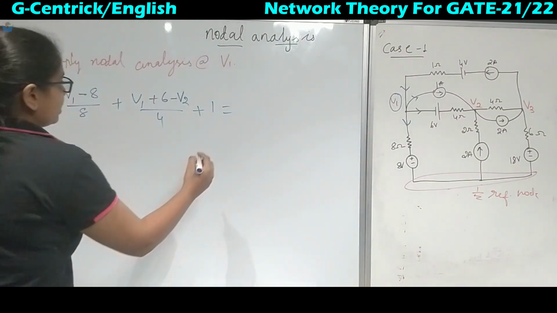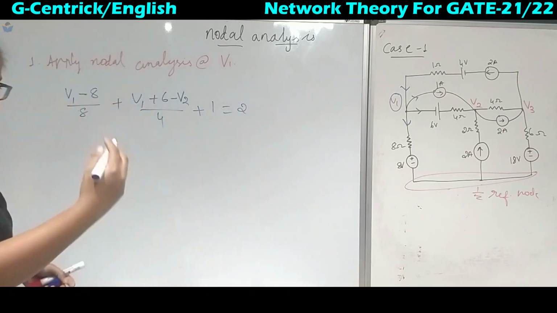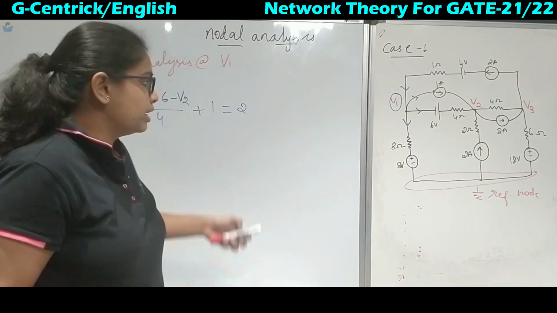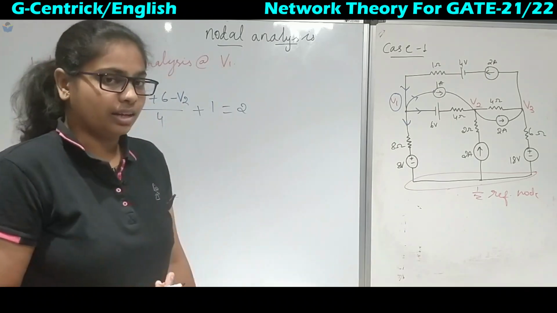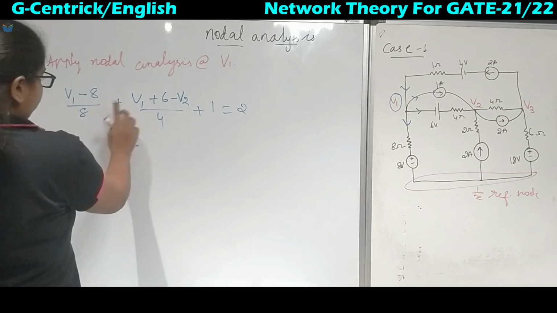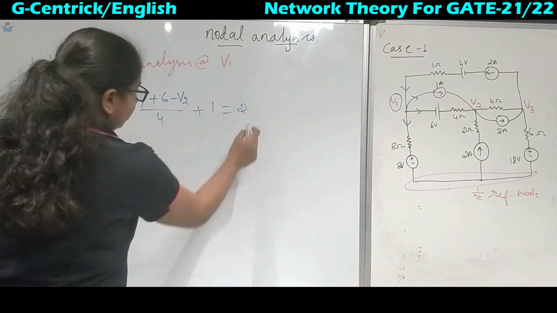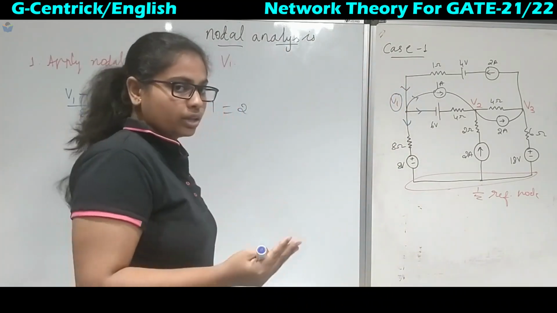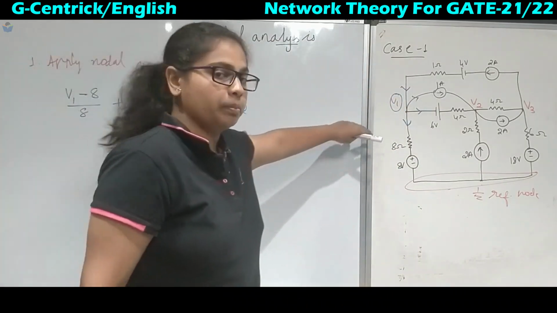So we will go step by step in the first cases. Once the base is formed for nodal analysis, you can skip all these steps and start directly. Count the number of terms: 1, 2, 3 and 4. So here also 1, 2, 3, 4. Always count that, because sometimes it will be missed out.